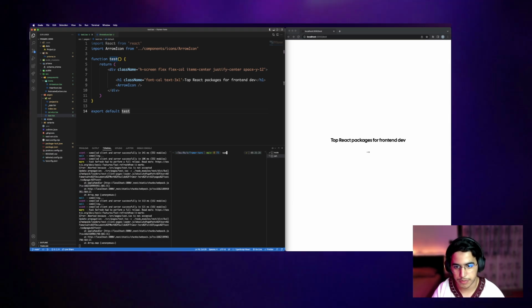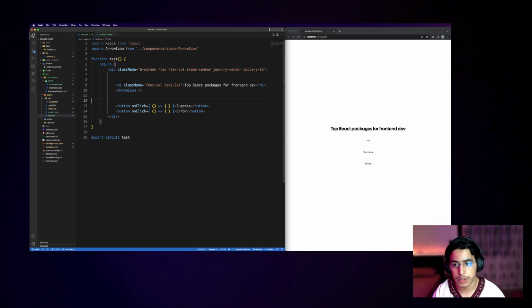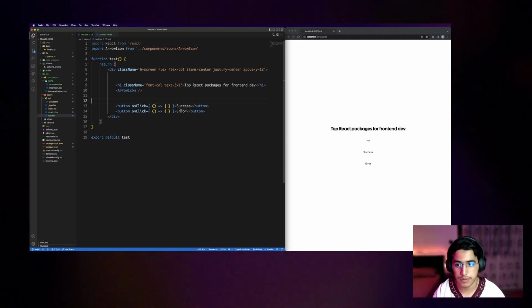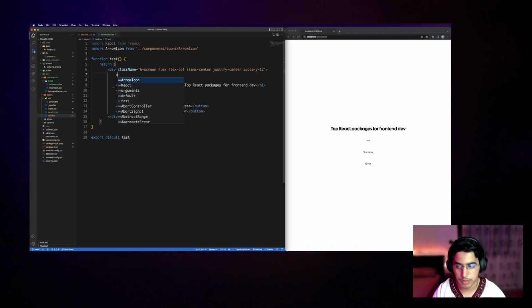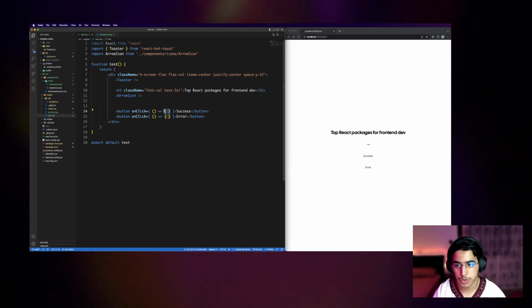Try to install the package quickly. So what I did here is I created 2 buttons. The first one is for the success notification and the second one is for the error notification. All we need to do now is to import the toaster component, and in each function we need to fire